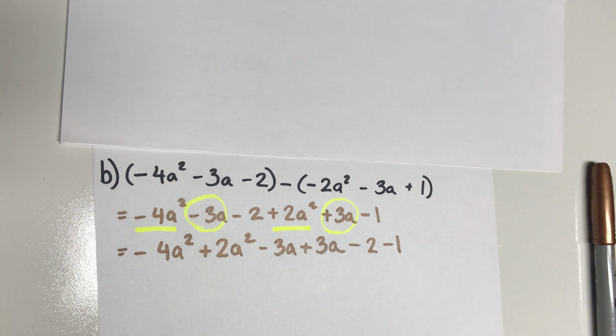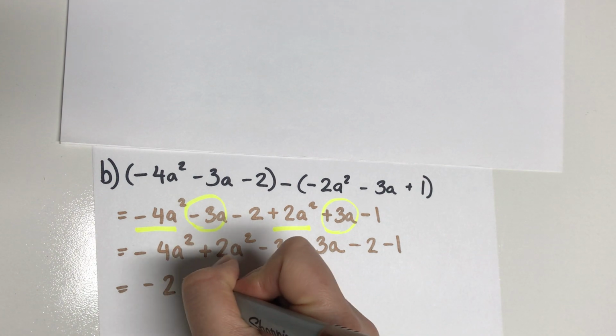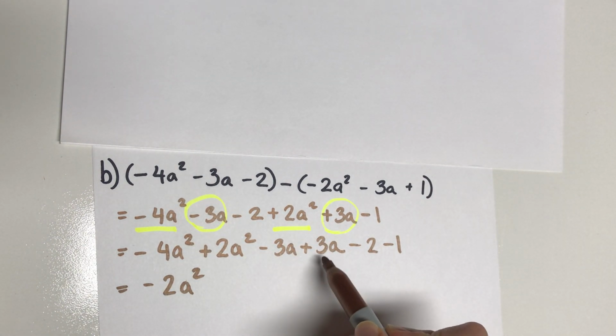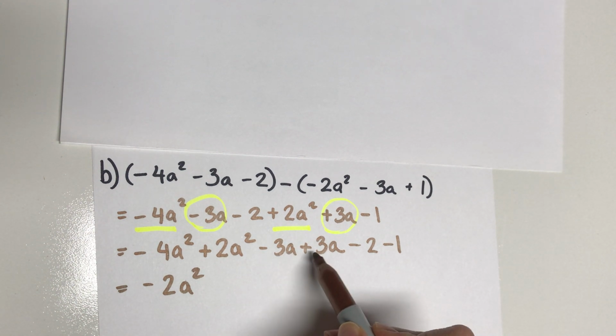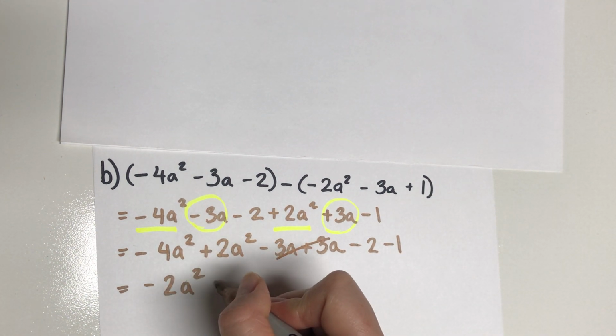Now I'm going to add them. So negative 4 plus 2 is negative 2a squared. Minus 3a plus 3a, negative 3 plus 3 is 0, so they cancel out. And negative 2 minus 1 is negative